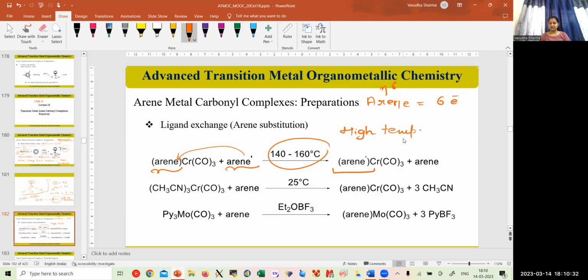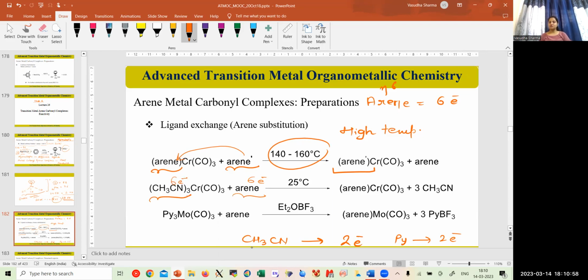So this exchange has happened, and this arene has come out this way. Now, if we have acetonitrile, which is normally a solvent, it has a coordinating capacity with the metal, and CH3CN itself will give 2 electrons. It's a 2 electron moiety. Similarly, pyridine is a 2 electron moiety. So when arene is here, which is 6 electron, and CH3CN, which is 2, where 2 into 3 becomes